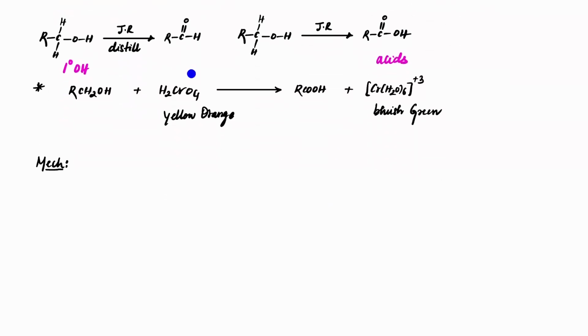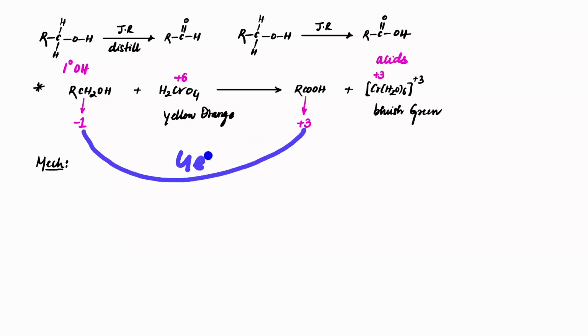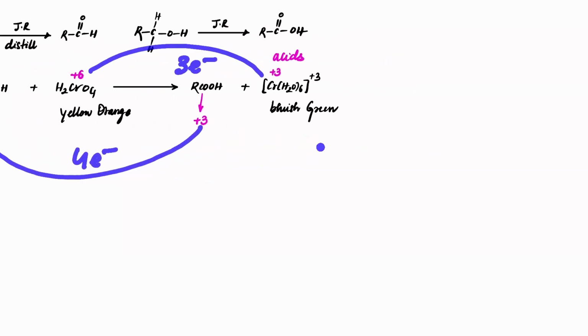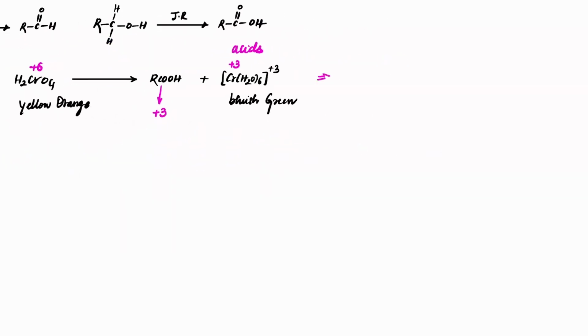Okay. Now, Jones reagent is a yellow-orange color solution, and after the reaction is completed, it will become bluish green. Check out the oxidation states also. Here it is at +6 oxidation state, changing to +3 oxidation state. While we already learned that carbon here was -1 oxidation state, changing to +3 oxidation state, which means from here to here, there are 4 electrons transferred. From here to here, there are 3 electrons transferred, which implies that for